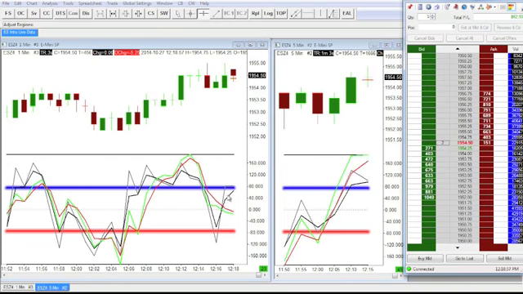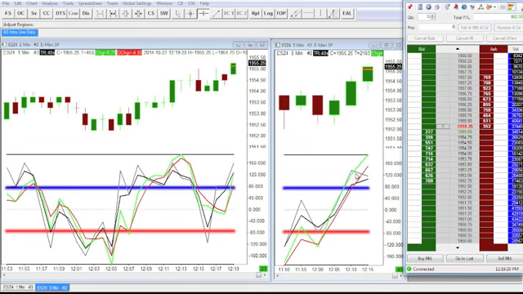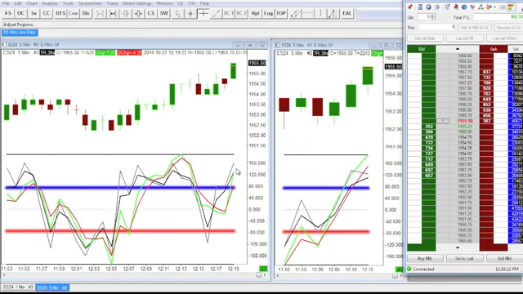We'll keep watching this. What we can see here is that we've plateaued up here in the overbought position. The overbought is referenced by this fuzzy blue line, and moving up above this fuzzy blue line, we're going to look for these lines to start to bend over and roll over like you see back here. Right now we're still in a little bit of an uptrend, and as we hit these highs that we've had,